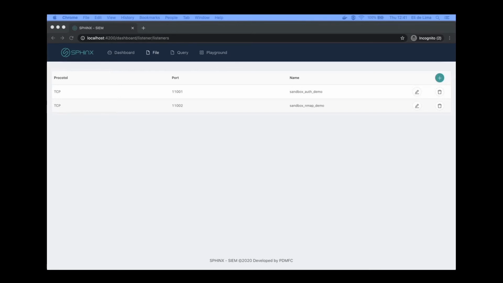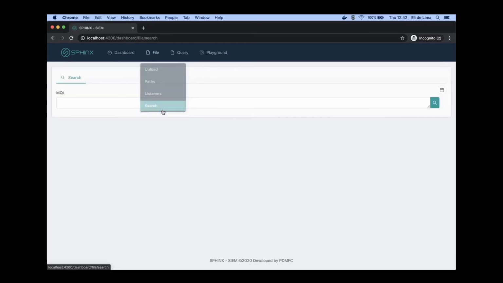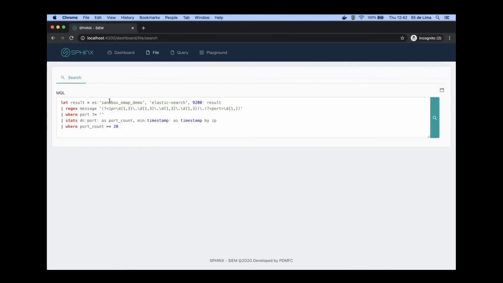So the idea for this use case would be to query on the CM index that collects logs from the sandbox component. The idea is to query on this index and extract the IP and the port and count the ports grouping by ID.